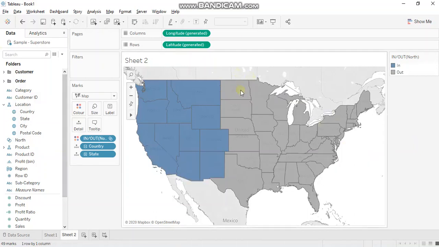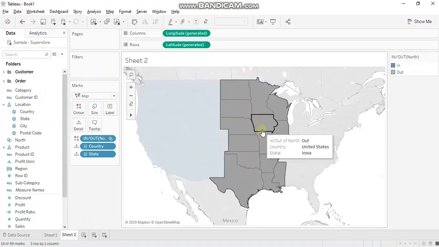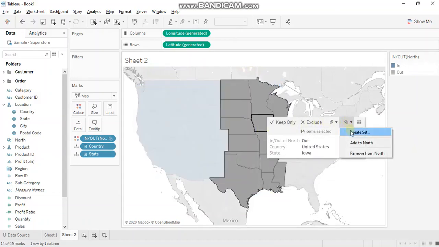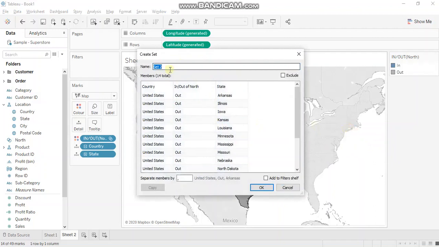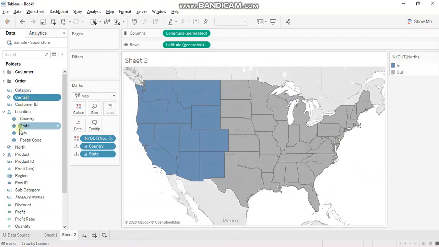Now let's create the central region. Create set and let's name it as central. Click OK. Alright, so you have another set created over here. You must have noticed the difference. When we created a group, there was one single group, and within that group you had the 4 categories.